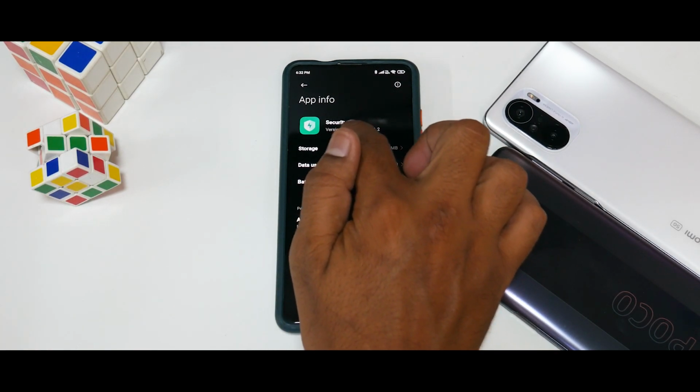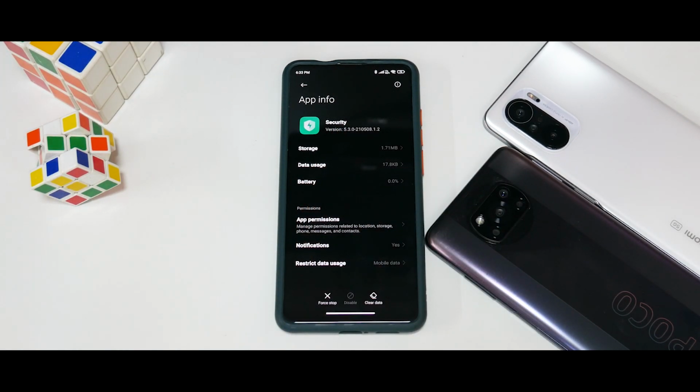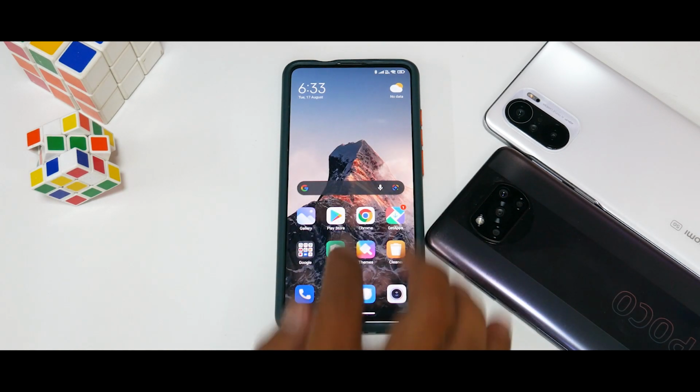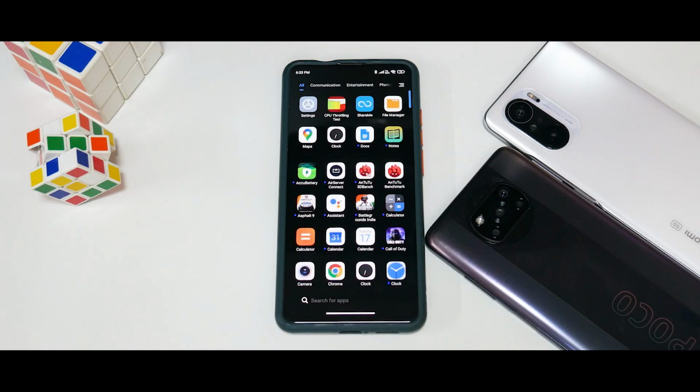Now you do see it is 5.3.0. So the security app is not updated as well. Now moving on, if we talk about Game Turbo, Game Turbo is something that is updated recently in a